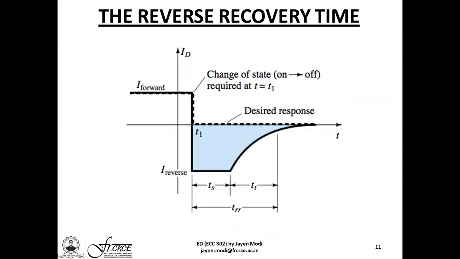We just quickly take up a phenomenon called the reverse recovery time, because this particular parameter, the reverse recovery time, is very important before we take on the actual topic, that is the Schottky diode itself. With a view to understanding this reverse recovery time, just take the following. A diode, when it is functioning in its forward bias condition, has its depletion region shrink to almost nothing. It is in fact very thin.